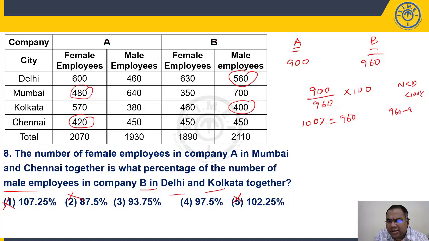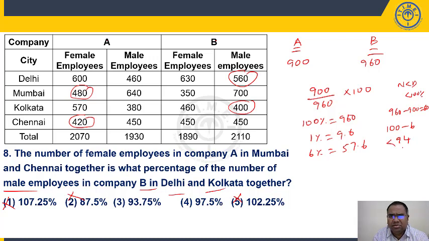So 960 minus 900 means I got 60 extra. So if you want 900, you have to subtract 60. How much is 1%? 9.6. You have to put a point after 2 digits. How much is 6%? 57.6 approximately. 9.6 into 6 will be close to 60, 57.6. So I have to subtract around 6% or a bit more than 6%, right? So if it is 100 minus 6%, it is 94. So I have to subtract slightly more than 60.